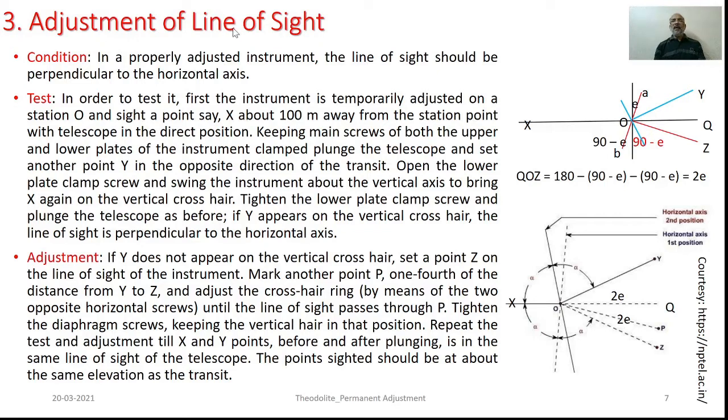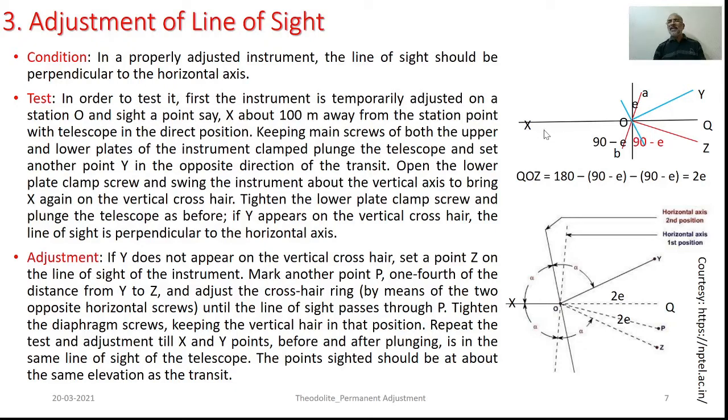Third adjustment is of line of sight. So, for a properly adjusted instrument, the line of sight should be perpendicular to the horizontal axis. In order to check whether this particular adjustment is in order, say the equipment is kept at station O and it is exactly centered over the station O, temporary adjustments are done. Now, by clamping upper as well as lower plate,